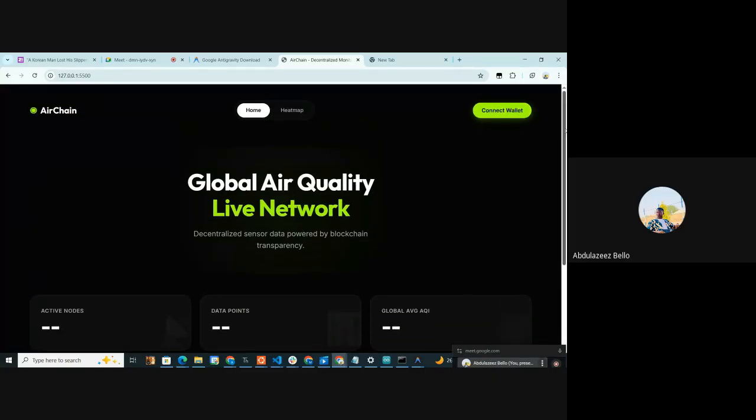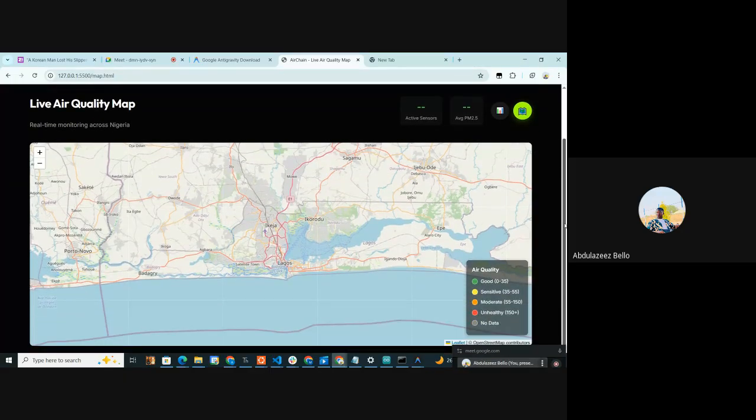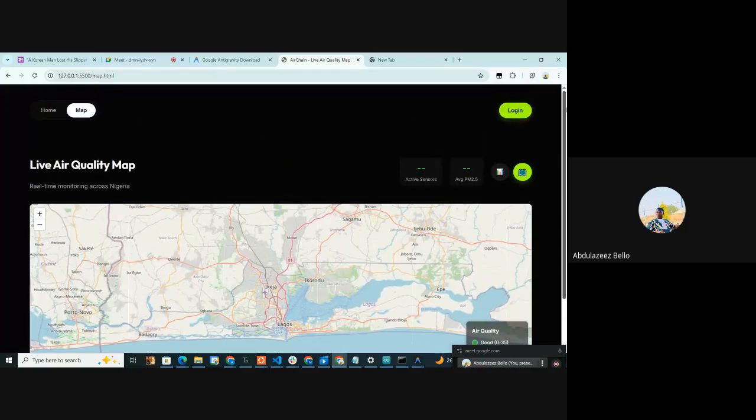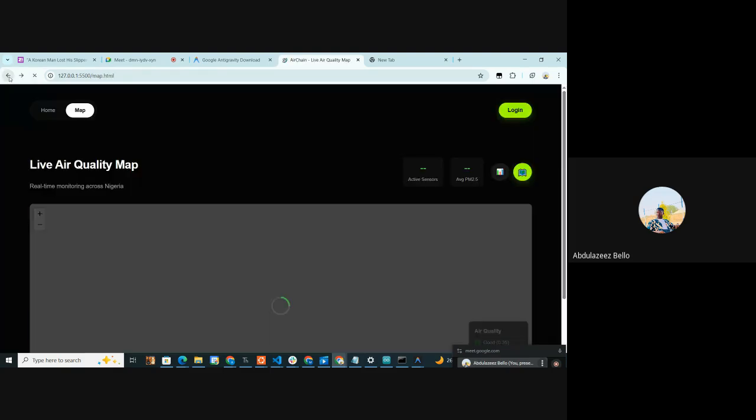Ideally, you're meant to be able to log in and see your wallets, but in the absence of that, this is the map. As you can see, there's no data there, so it's looking quite scanty. If you try and log in, it cannot get login.